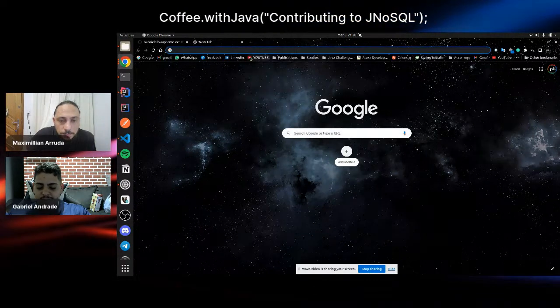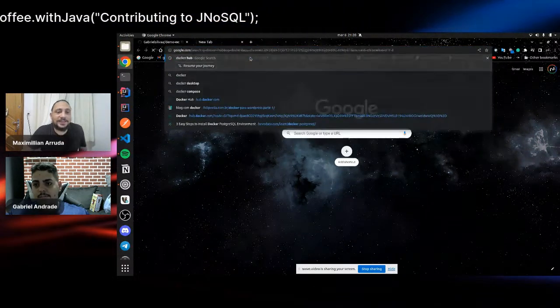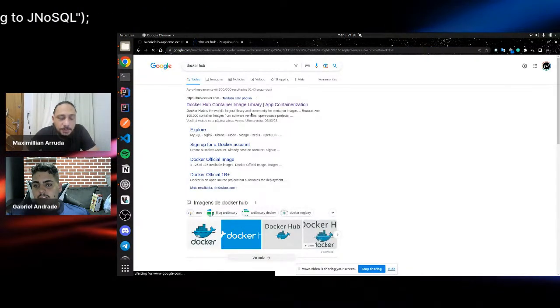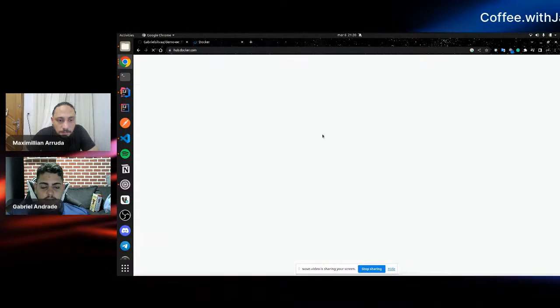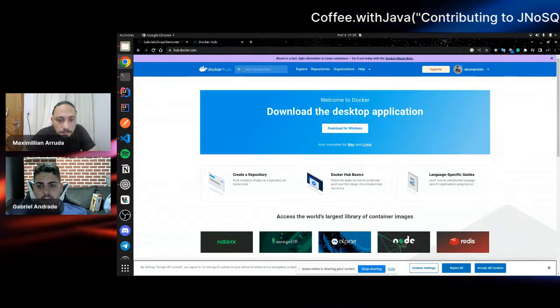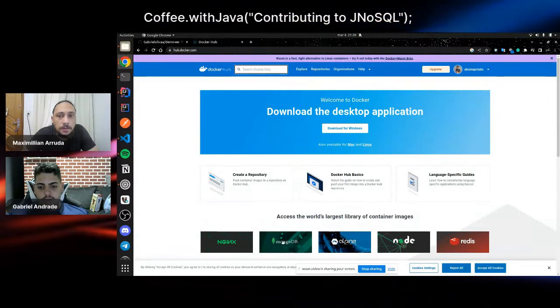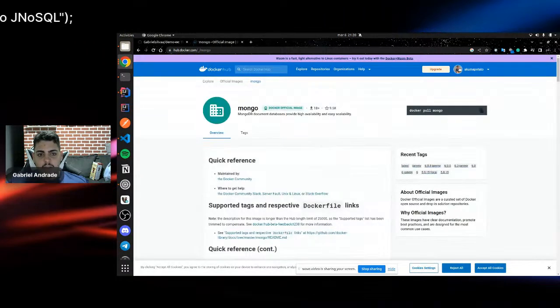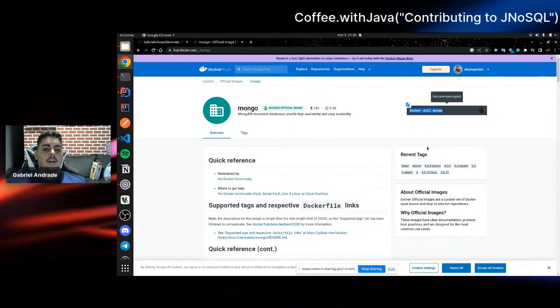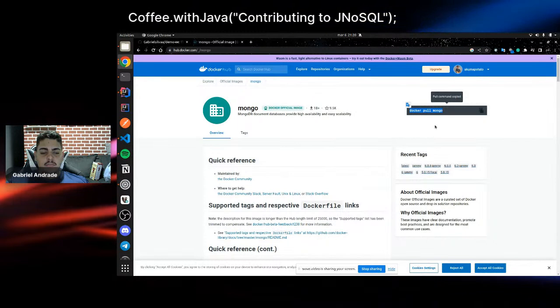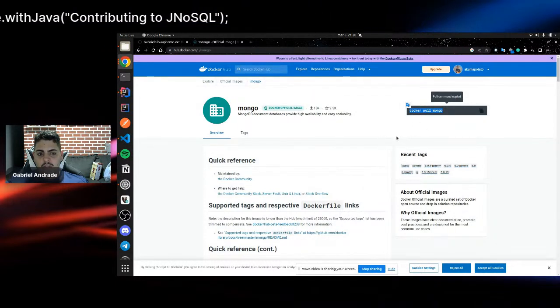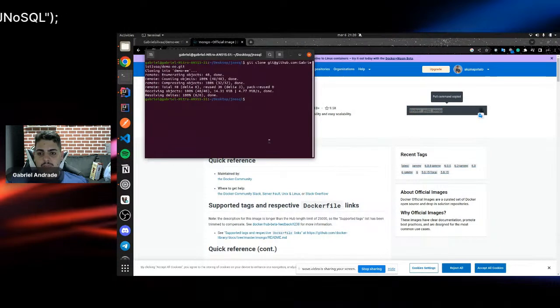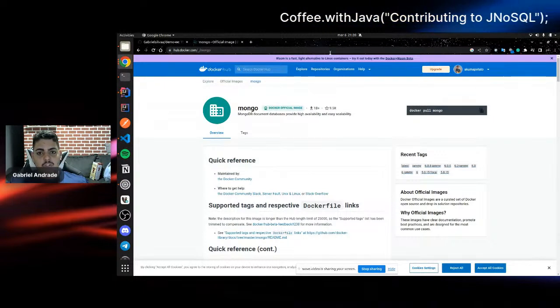Generally I enter Docker Hub and search for MongoDB, which shows the main page, and you can get the latest version of MongoDB on your machine. You just paste it here and clone MongoDB on your machine. I will share this link.